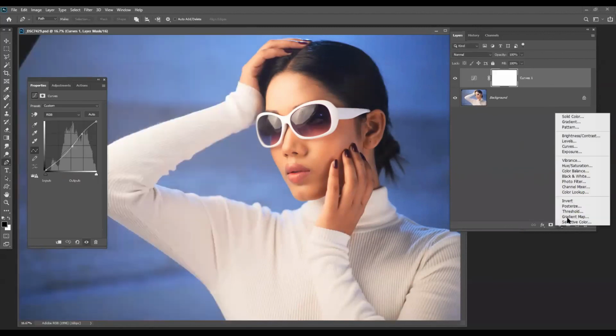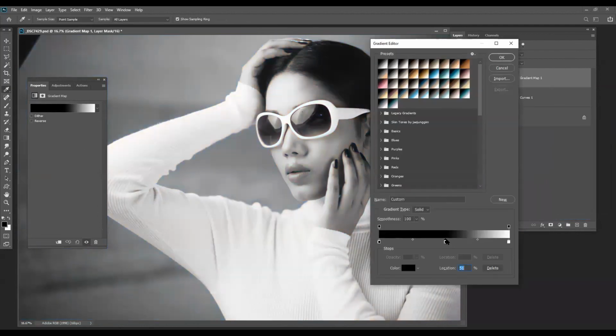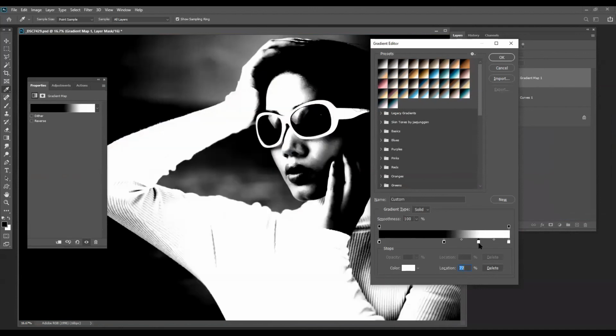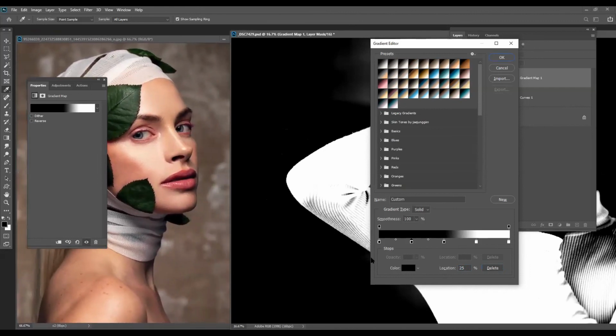Now we take a gradient. Keeping the gradient open, I take another image and start referring to the sample colors.